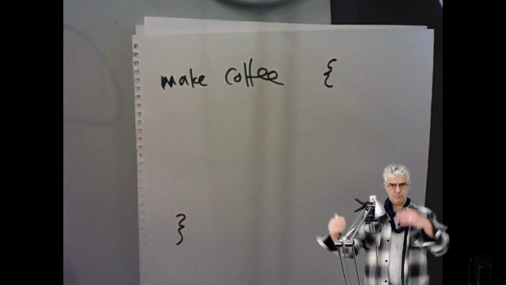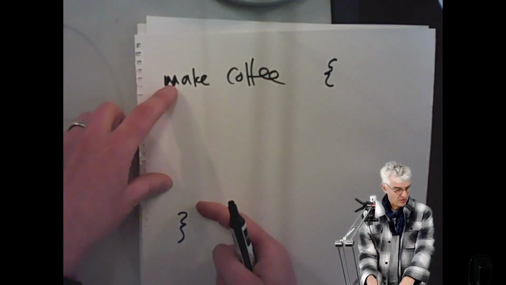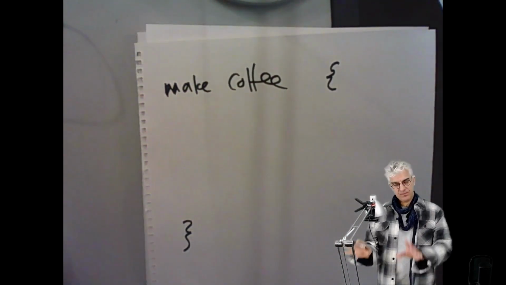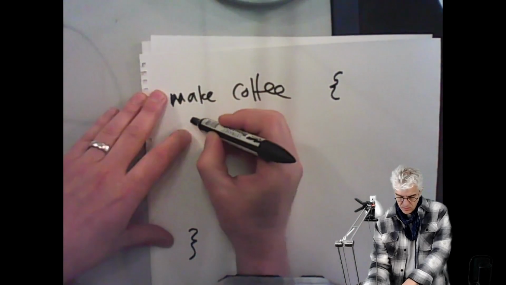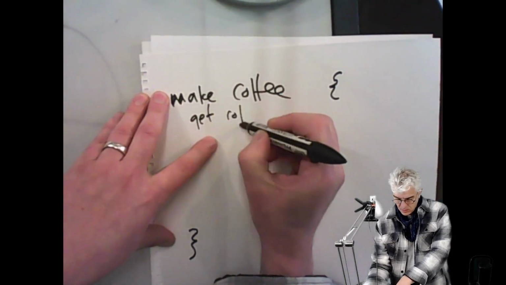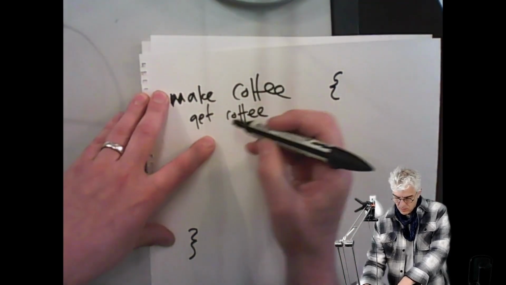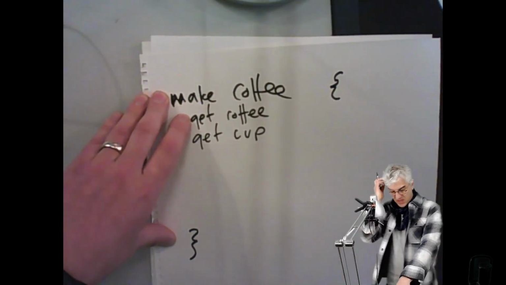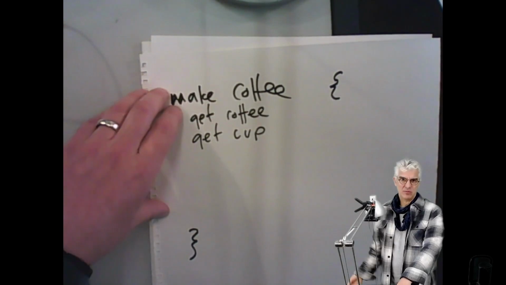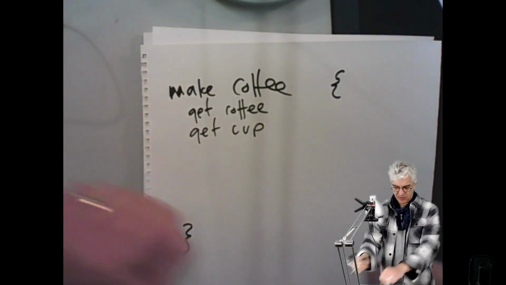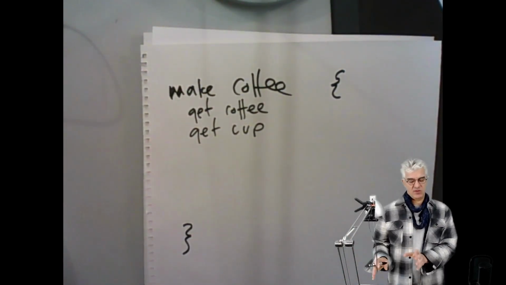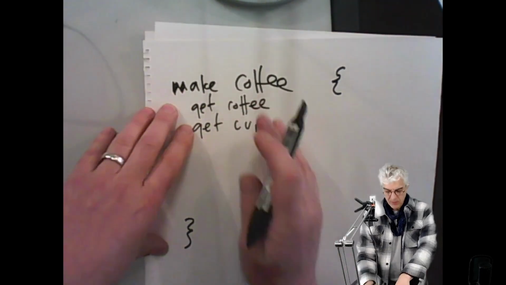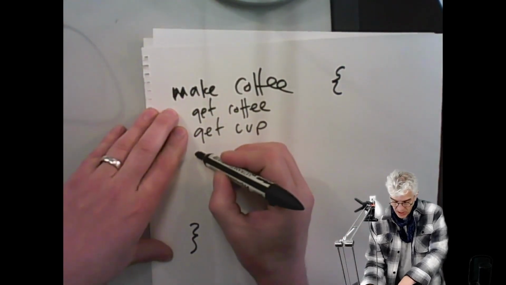So when I say make coffee, this is the list of things that we're going to do. First is get a cup. I have an espresso machine, so I do all the fancy grounds, but we're just going to say it's instant coffee because that makes things a lot simpler. We're going to get the coffee, we're going to get a cup, we're going to